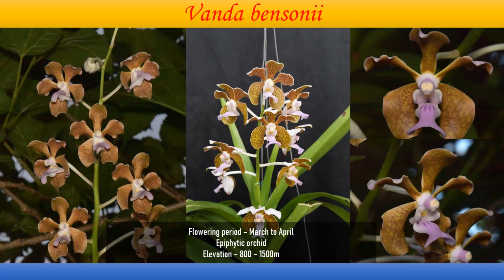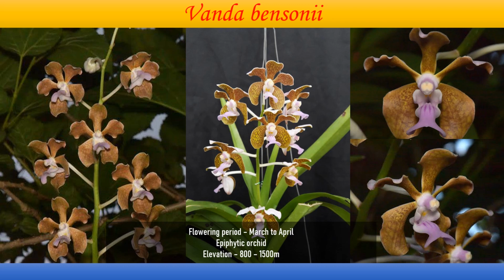Then comes our Vanda bensoni. As you can see, it is somewhat similar to Vanda tessellata because the shape of this Vanda bensoni is a little bit similar to Vanda tessellata, but what makes it different is the leaf variation. As you can see, at the end of the leaf it is bifurcated. So from that you can distinguish this is Vanda bensoni, and commonly it is known as Benson vanda,